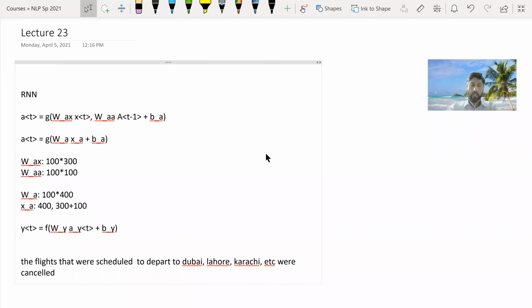So to handle this issue, and of course, there's an issue of vanishing gradient as well. I mentioned this last time, but it's less important. It is important, but less important in the context of a simple standard recurrent neural network. So we'll talk about vanishing gradient again later today, but this is one of the main issues. So to address this, people have proposed modifications to the standard recurrent neural network, and we'll talk about two modifications. One is called the